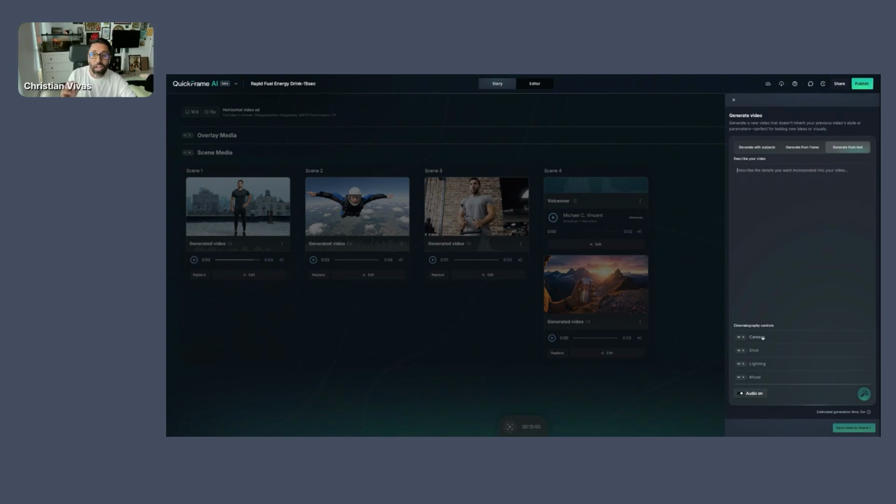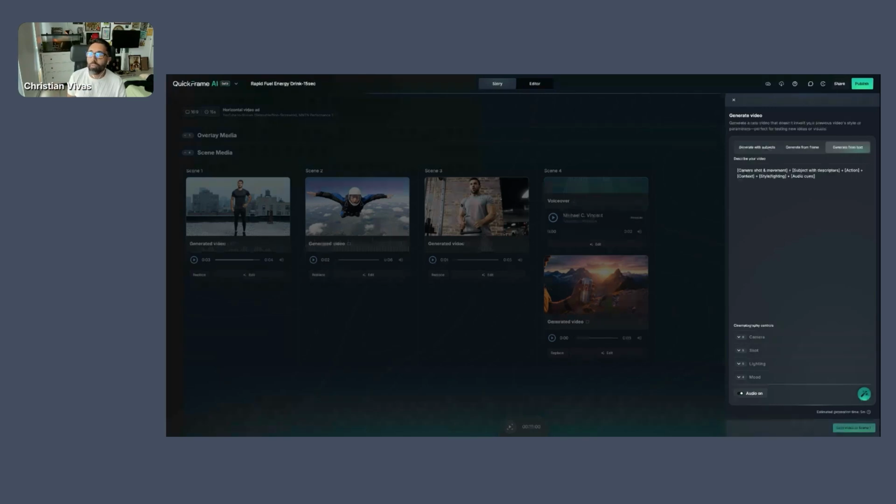And still, we have our cinematic controls or cinematography controls. One of the things that a lot of people ask me is, hey, Chris, what are the best ways to prompt the model? And I always say this is a very basic way to think about it, but this is a good structure to follow. Number one, we have our camera shot and movement. Amazing. Next, we have subject descriptions. So whoever's in the video, our character or our product or whatever it is the subject of the video, we'll be able to describe it there. What action are they taking? That is our next thing to say.